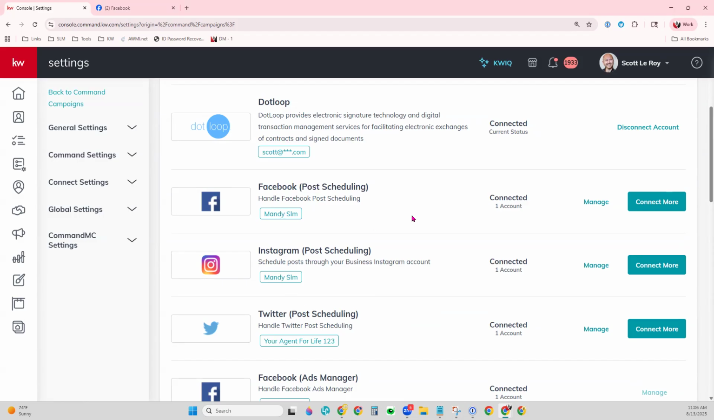And so you can link more than one of each type of account. So you can have multiple Facebook business pages, multiple Instagram accounts, and multiple Twitter accounts, and link them all to Command and run social post campaigns and paid ad campaigns across the platforms, multiples. It is important to go back and watch those tip videos though on how to set up the accounts